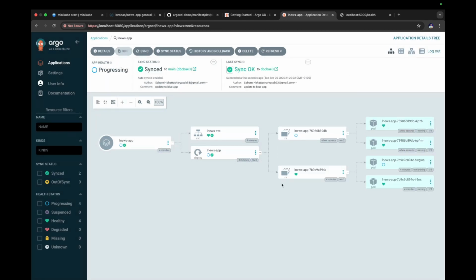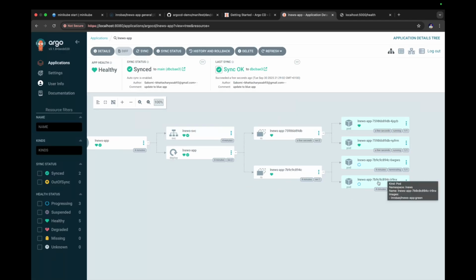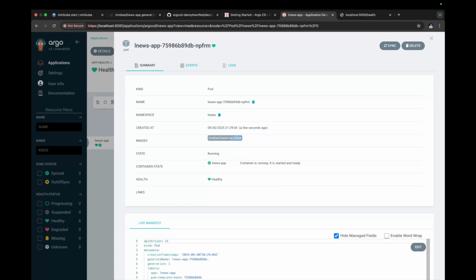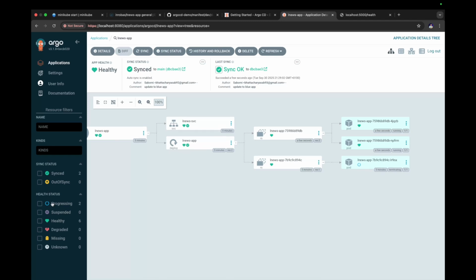Now you can see what it has done is it has created another replica set under the same deployment object, and under that replica set it has created 2 new pods, and you can see the status of these two. The older pods which were running the green container are now gone, they are now terminating. And now over here with the blue tag, this application is up and running. The sync status and the health status, everything you can also monitor on the left side panel. And the UI feature that Argo CD provides is also really good,